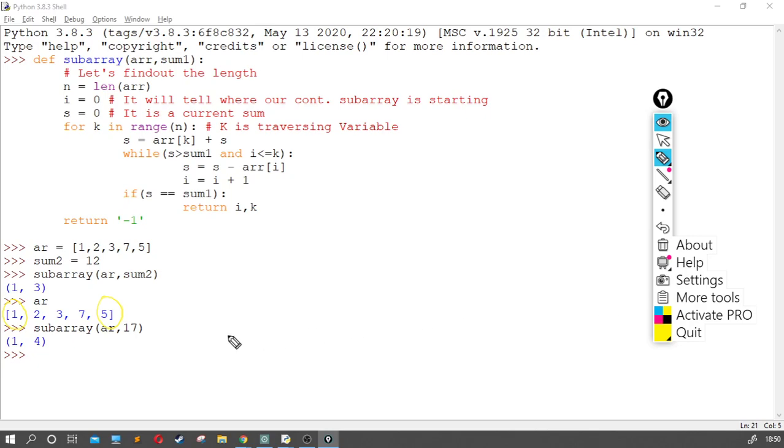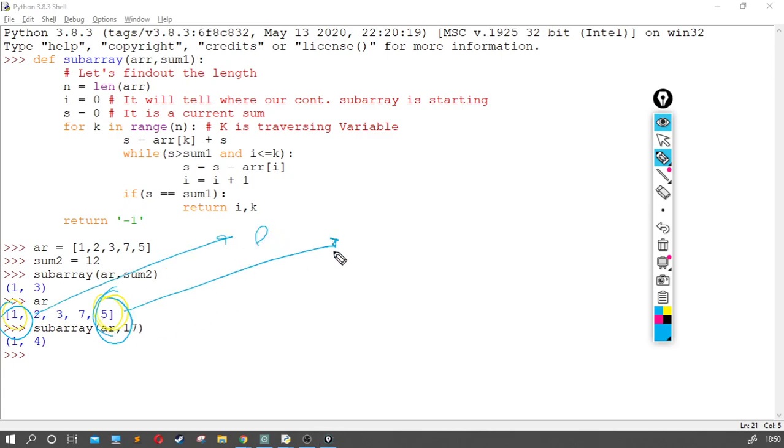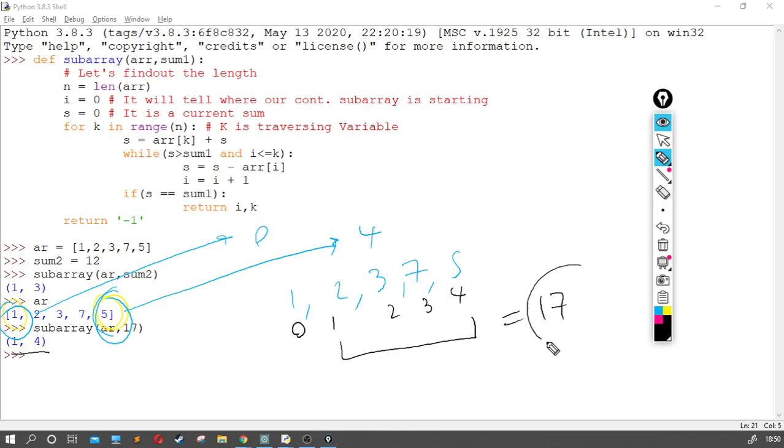So this is 0 and this is 4. We have 1, 2, 3, 7 and 5, for which we have indices 0, 1, 2, 3 and 4. So we got 1 and 4. If we add from here to here, we'll get 17, which is exactly what we asked for.